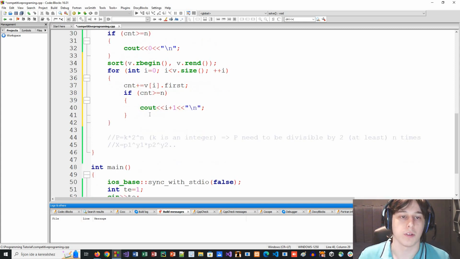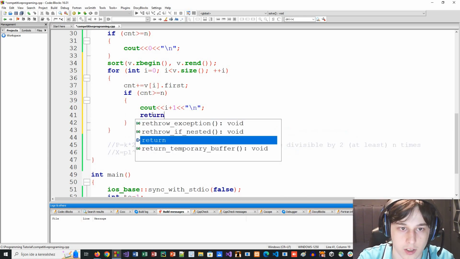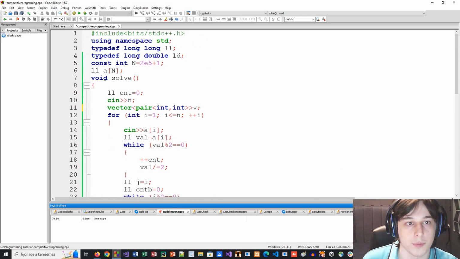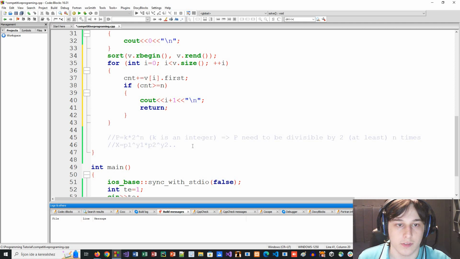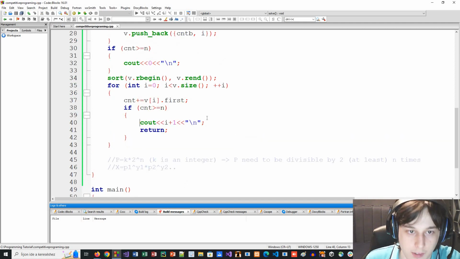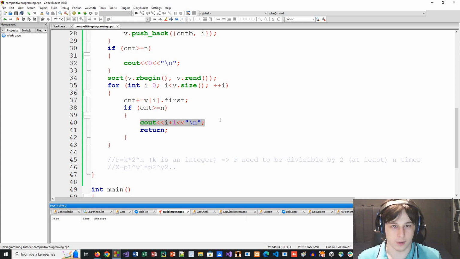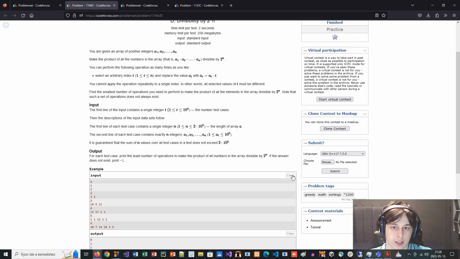And we move to a new line. And don't forget to return. So this return returns from this sort function. So now we checked how many times we need to multiply it and then output it. So our greedy solution is simply go from the highest to lowest, and we sort based on the number of times the number is divisible by 2. So now if we go ahead, be done with it, and take the input from here,